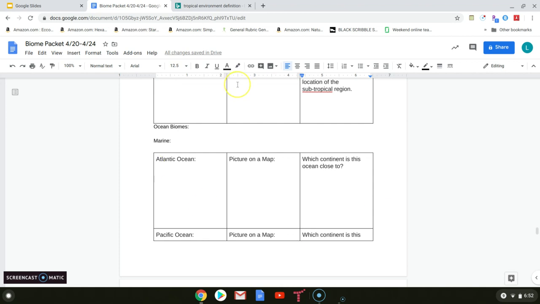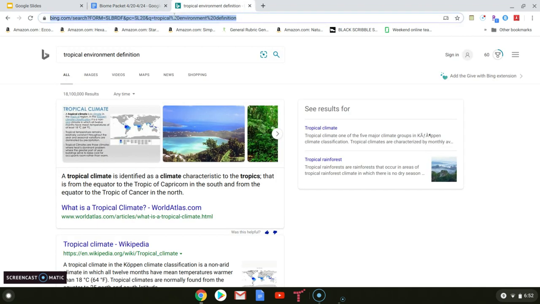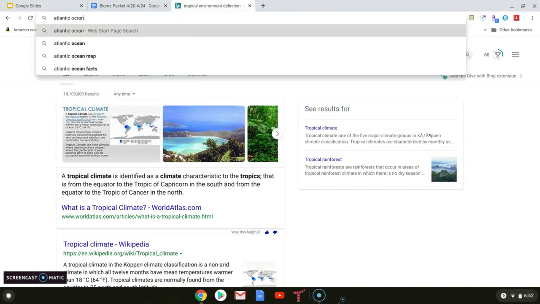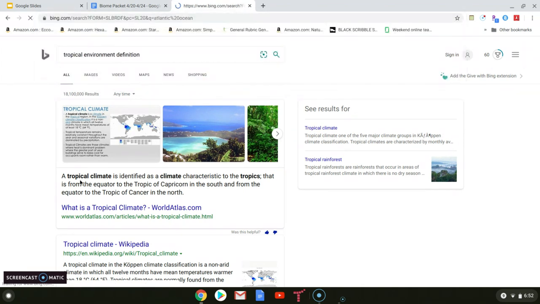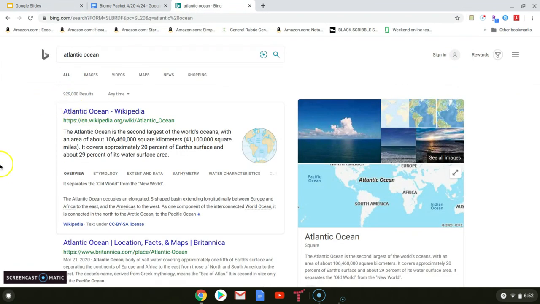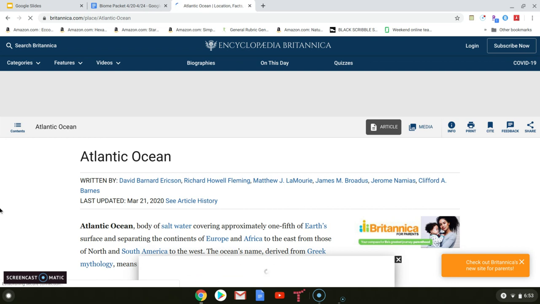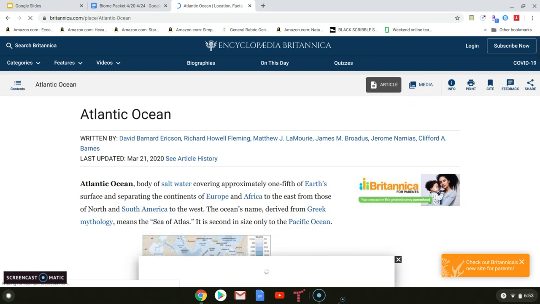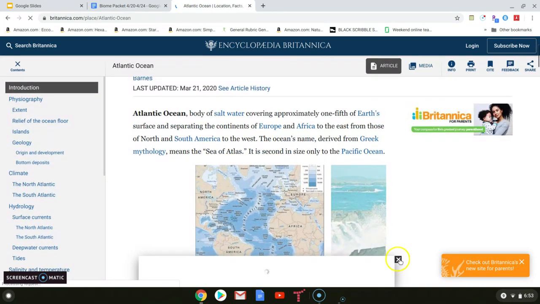So again, you're going to copy and paste. So let's say I want facts on the Atlantic Ocean. Again, don't use Wikipedia. Here is Encyclopedia Britannica. It's not the Kids Britannica, but it's sufficient. We can find very specific data